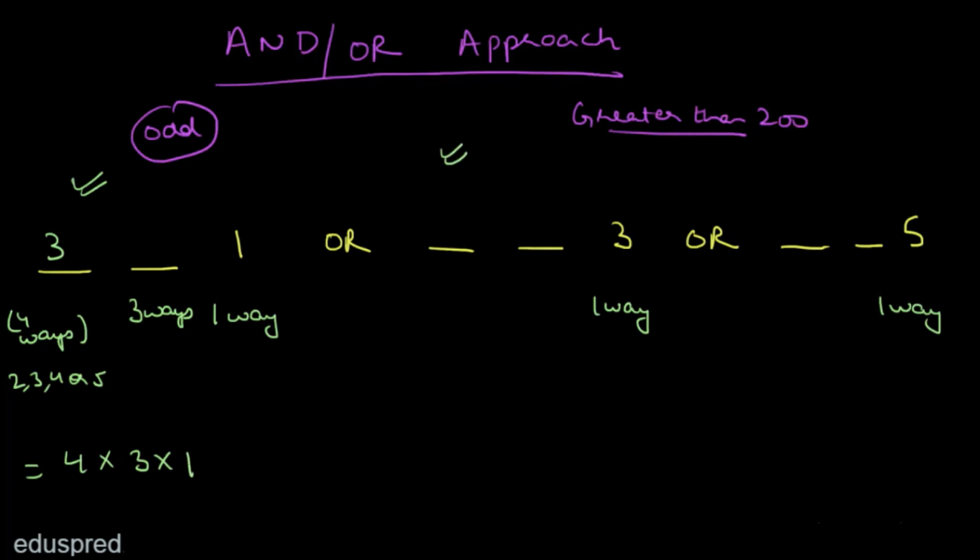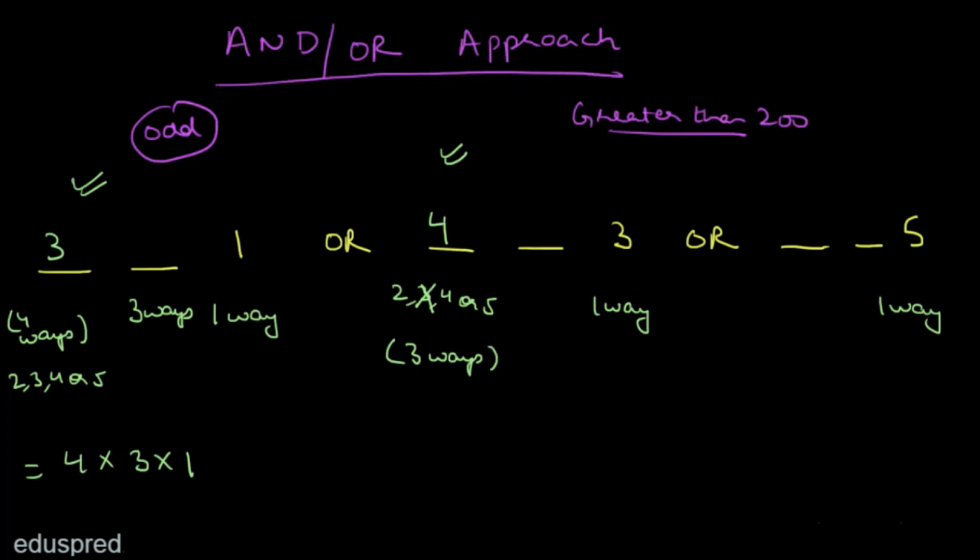Here the third slot has the number 3. Now given that the third slot has the number 3, in how many ways can we fill the first slot? Well, the first slot can contain number 2, 3, 4 or 5, but we have already used 3 and repetition is not allowed. So that means in this case, the first slot can only be filled in 3 ways. And for the sake of example, let's say this is number 4.